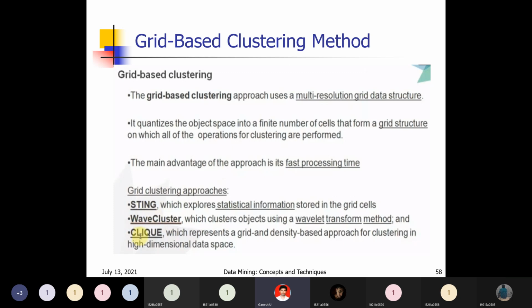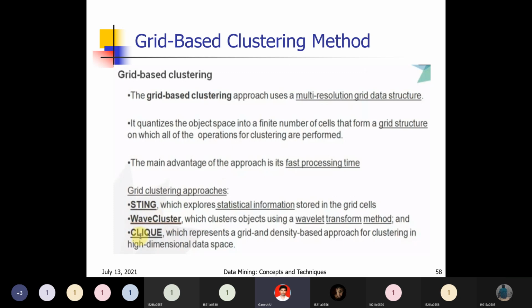So the input can be taken in the form of an audio signal. Here the signal can be divided into smaller subbands. Each and every subband is nothing but a wavelet. So a wavelet is nothing but a signal divided into a number of subparts, and each subpart is a wavelet transform.